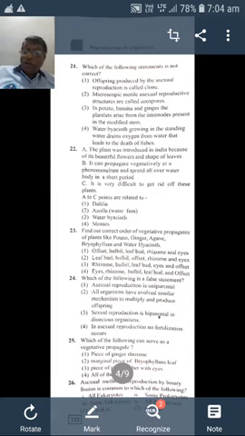Offset. Offset means internode is very thick and sharp. Suppose if it is cut, two plants lead an independent life like that. The answer is fourth one. Eyes, rhizome, bulbil, leaf bud, and offset is the answer.